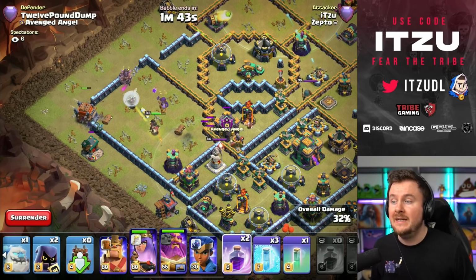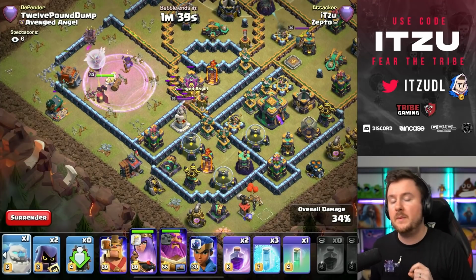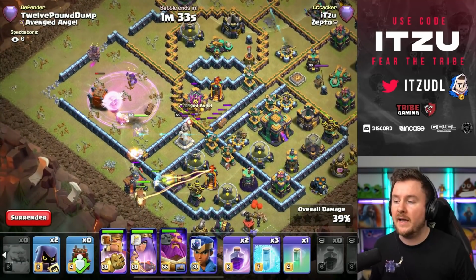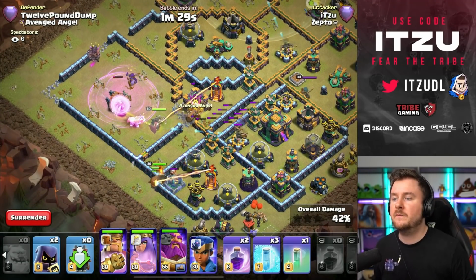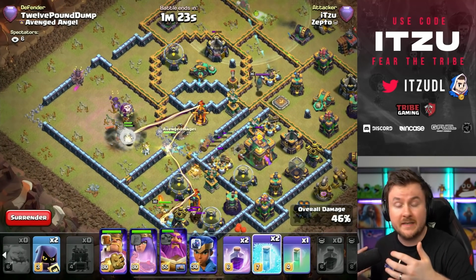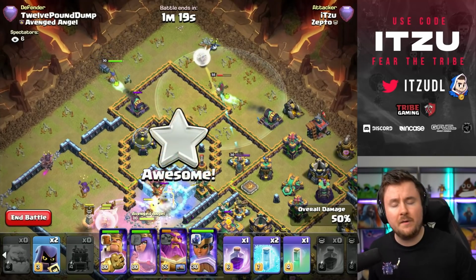This Log Launcher is getting us all the way to the Town Hall with one problem still left: this bottom multi-inferno tower compartment. And this is why I have the Ice Golem. This is why I have the King with us. Because this means the King with the Ice Golem can pretty easily take down the bottom side of this base,